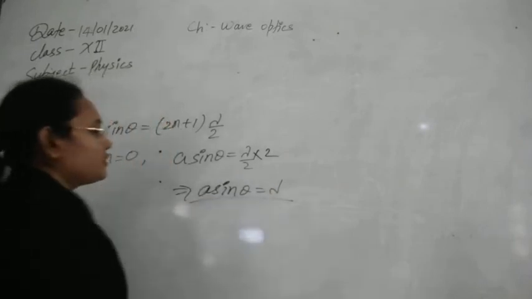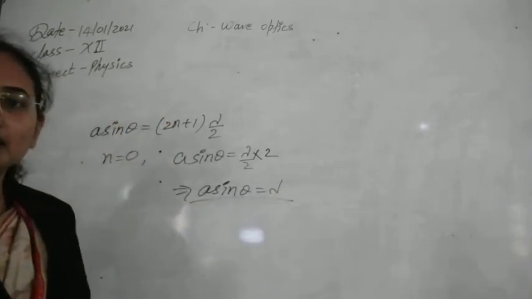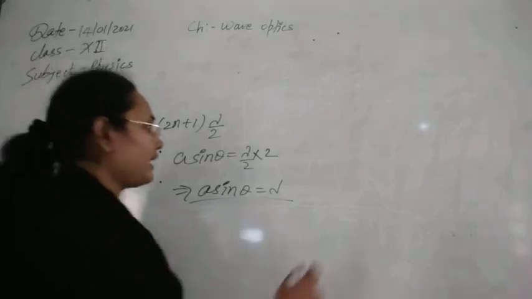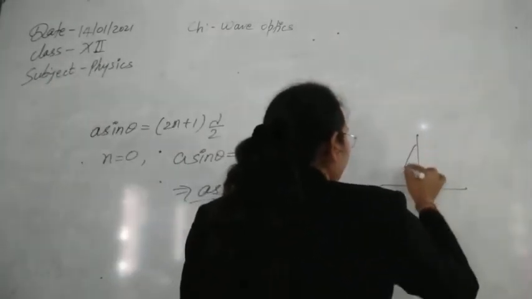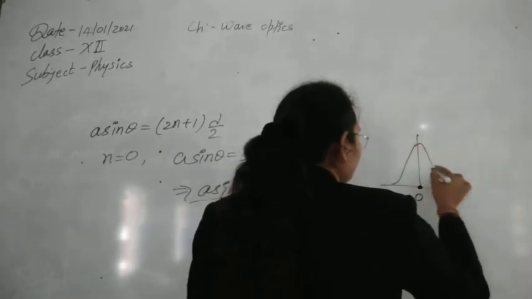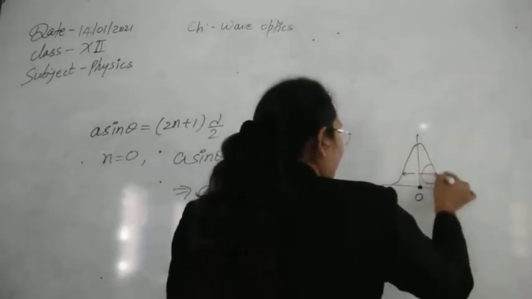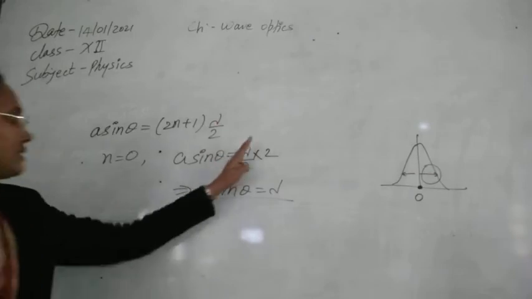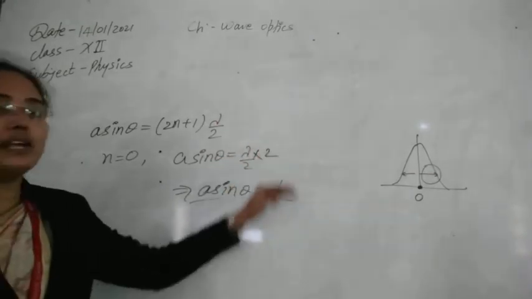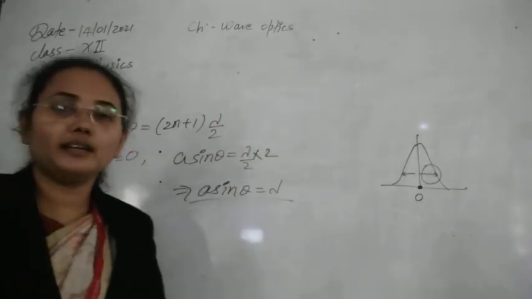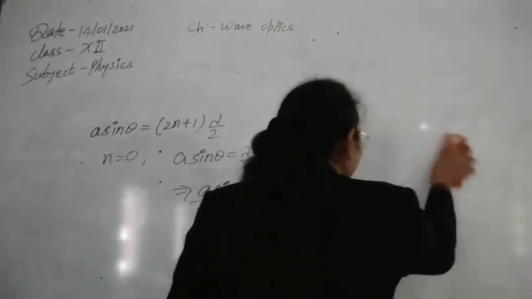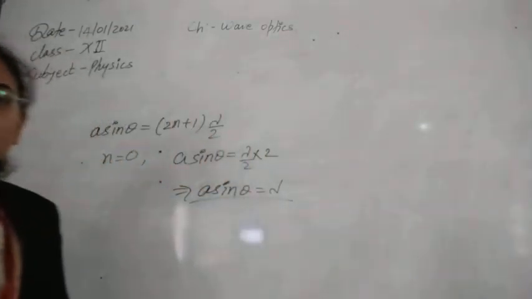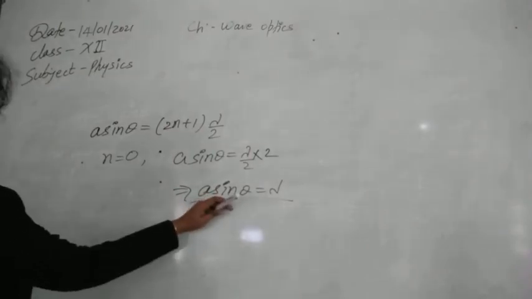Also you can get this formula by another method. Here I think this is clear. As in the graph you have seen, this is the central maxima point and intensity is distributed on both of the sides. So if on one side we get the condition lambda by 2, for both sides we multiply it by 2 and we get this value. After this, the second condition that I am going to use is for the minima. The same formula you can get from that one.